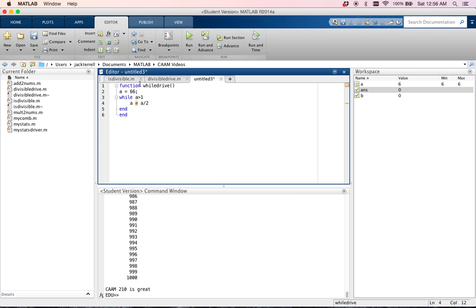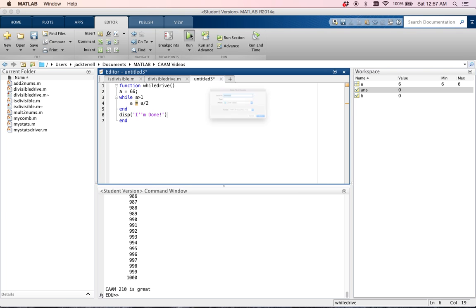So I wrote this little piece of code to demonstrate a very basic while loop. I have this variable a, and essentially while a is greater than 1, so while this is true, it is going to take a and divide it by 2, and it'll keep on doing it until a is no longer greater than 1, at which point this while loop will end, and any code down here, let's just say display "I'm done",